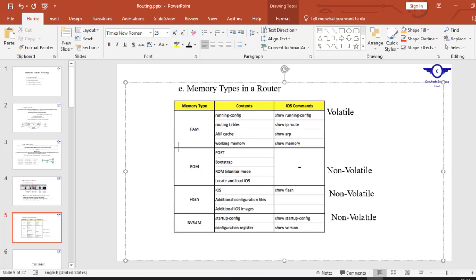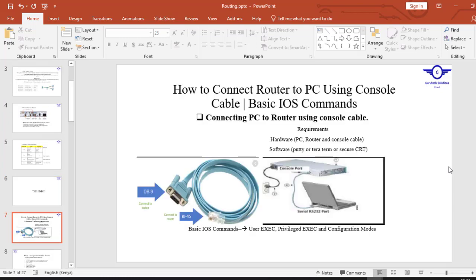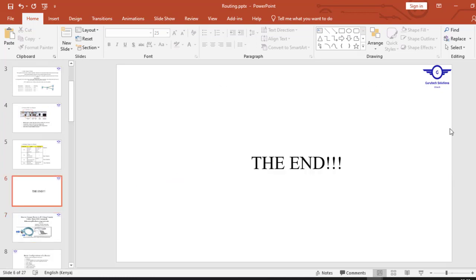So you just have to know the different types of memory in a router, what they store, and how to verify them. For example, for flash, you just say show flash, and for NVRAM you say show startup-config and show version. For RAM, just say show arp, show ip route, show running-config, show memory, and that's all. All right. So I think that's all about the basic